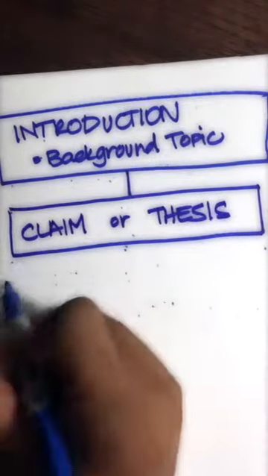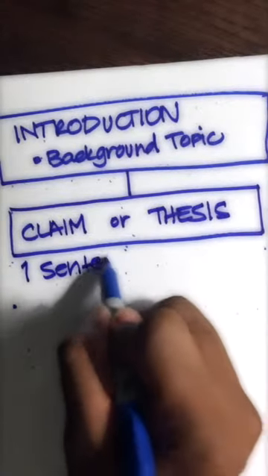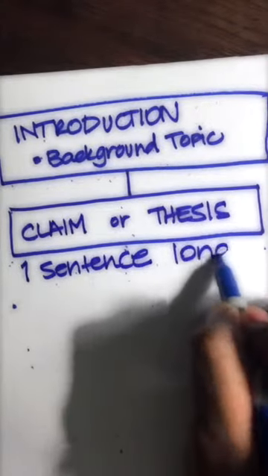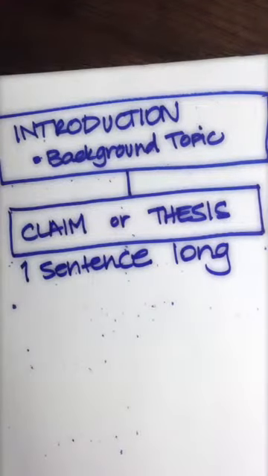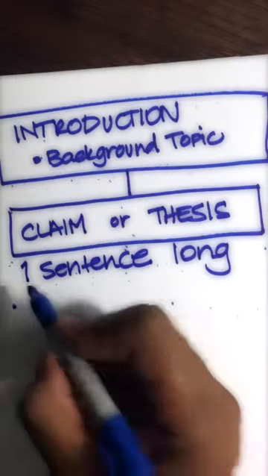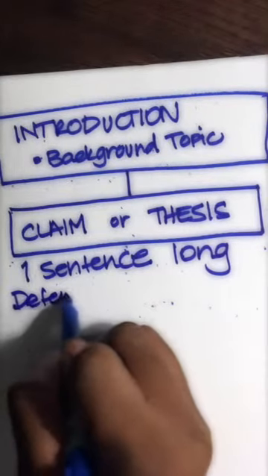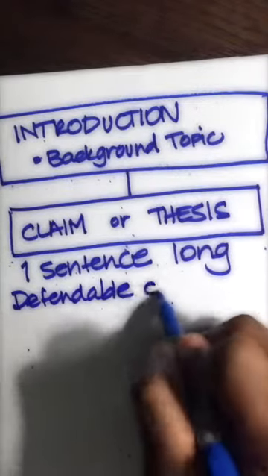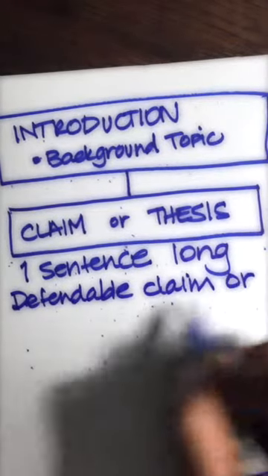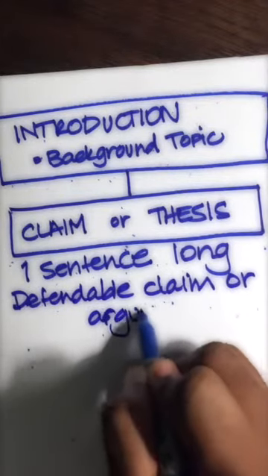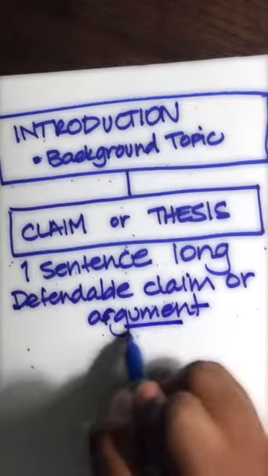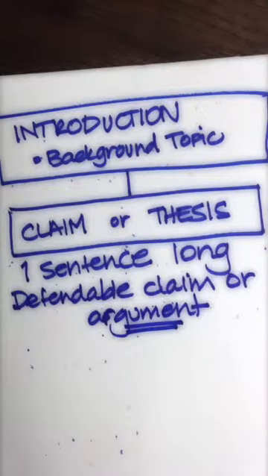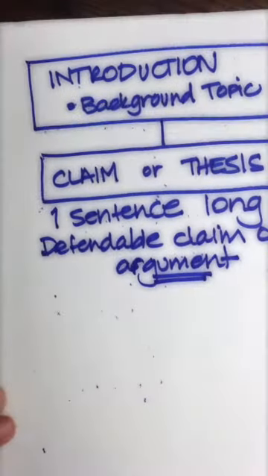This is one sentence long. It should not be more than one sentence. It can be a long, grammatically correct sentence, but it has to be a sentence, no more. And this is your defendable claim or argument. And most importantly, you are telling your reader right now that all of your artifacts are tied to this argument. Okay, and next